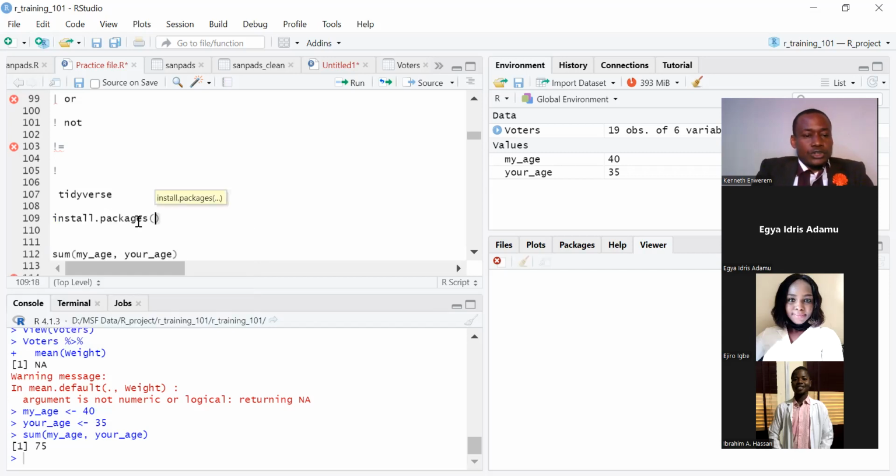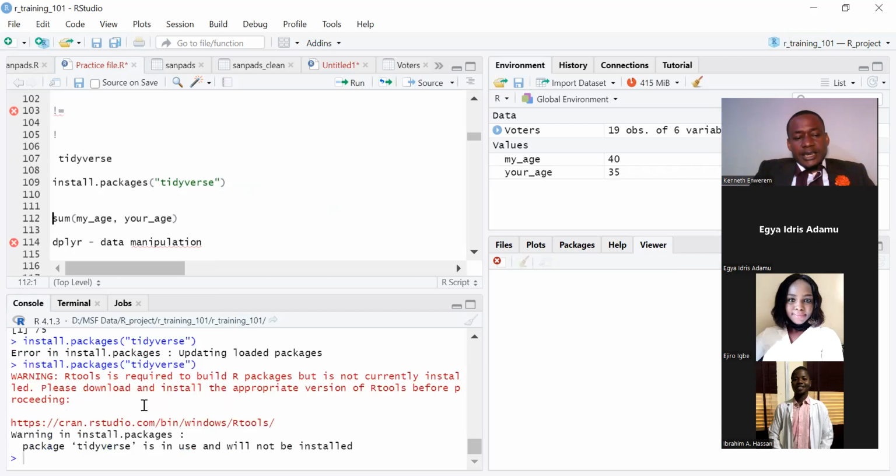Install. Okay. So install.packages, and then it opens up a bracket, and then you put in your inverted commas and you write Tidyverse. Now, there are certain instances in R where we use inverted commas. I will tell us a few of them as we get to that point. But this is one of them. When you're installing a package using the install.packages function, whatever package it is always has to be in inverted commas or in quotes. So if I do this and I press Control Enter,